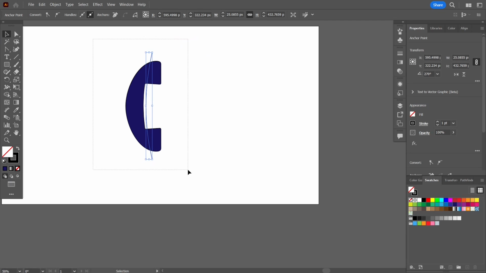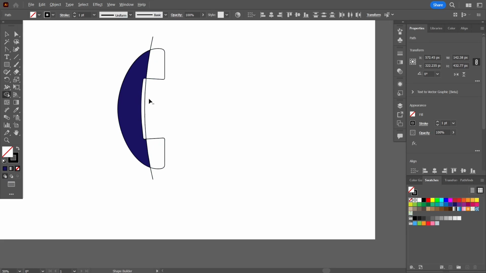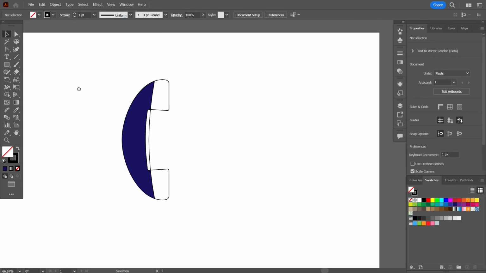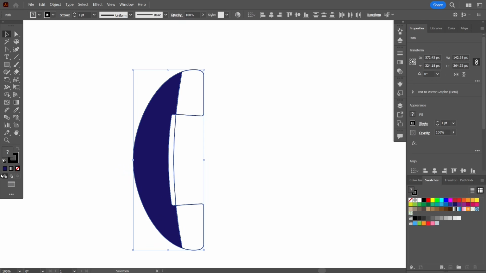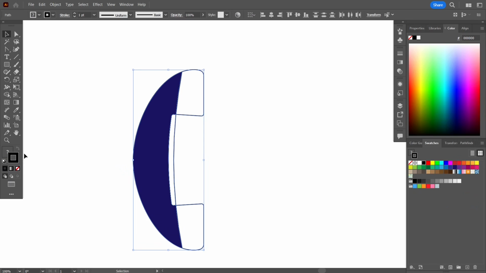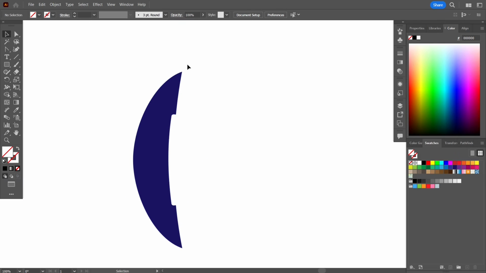Now I'll take this and use the shape builder tool and build different shapes so that I can color them. Hold alt, minus this, it's there, we are pretty much near. Now I'm gonna select all of this and set the stroke to none, and now I can select the fill, take this one over here,